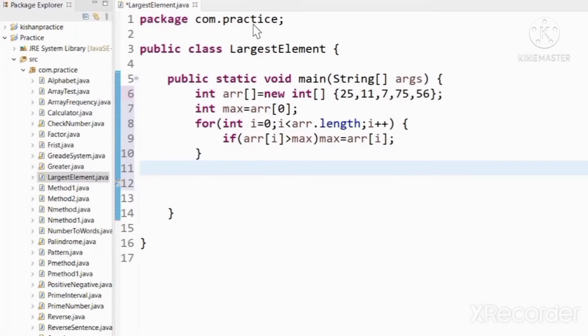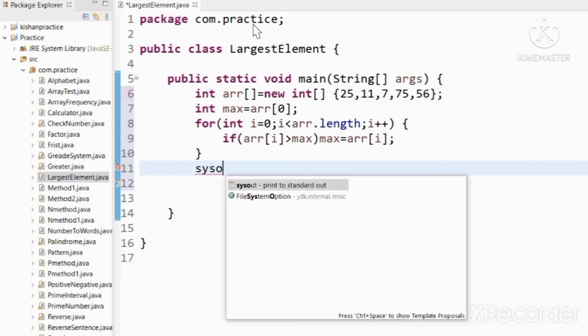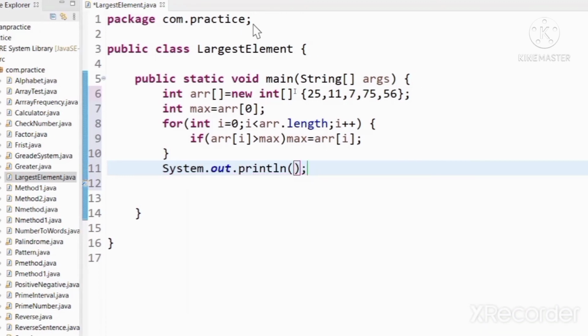After that we are taking a print statement, System.out.println, largest element present in given array.